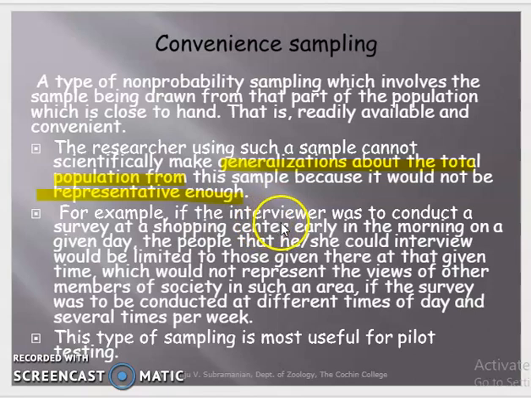Another example is that if an interviewer was to conduct a survey at a shopping center early in the morning on a given day, the people that he or she could interview would be limited to those present there at that given time, which would not represent the views of the other members of the society. Okay, so that's another